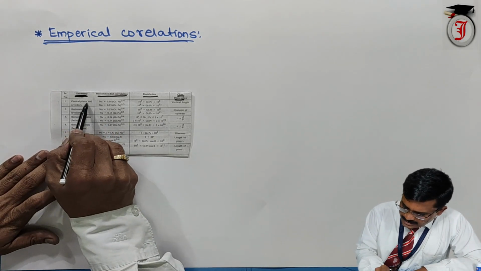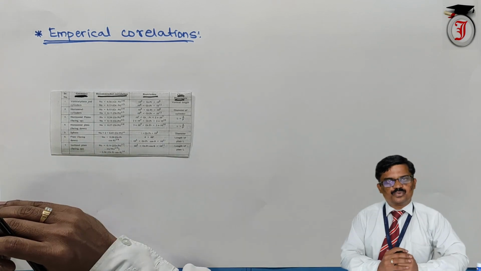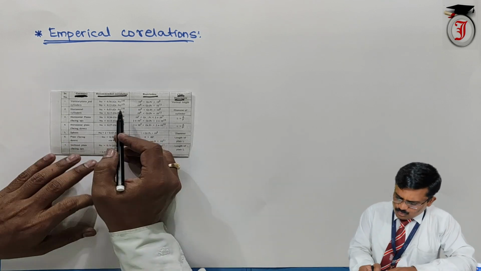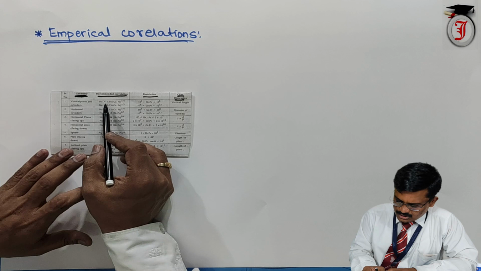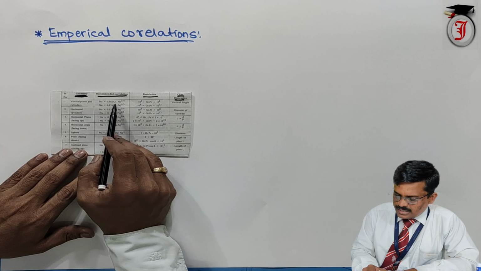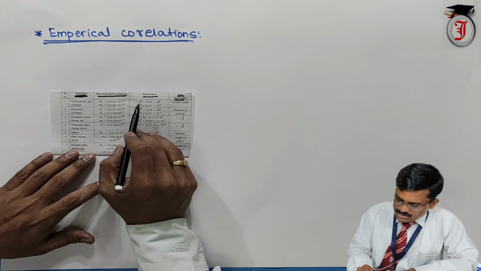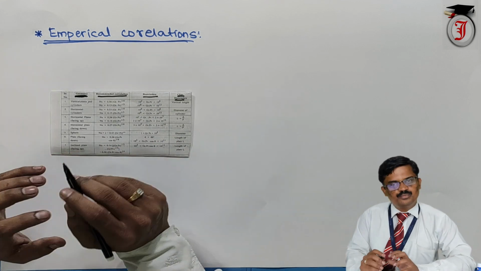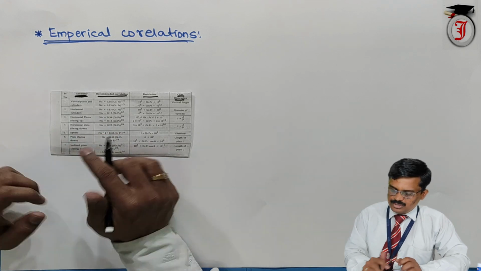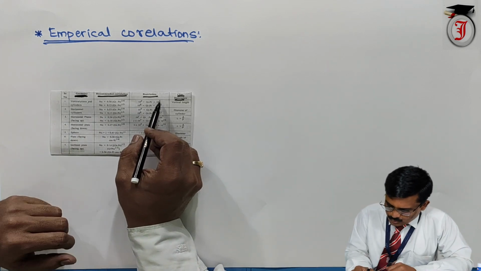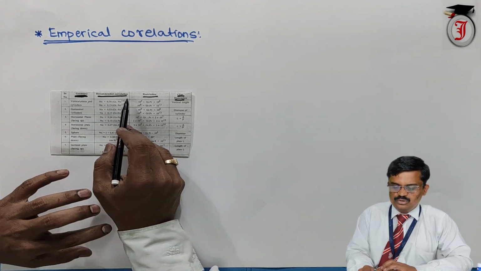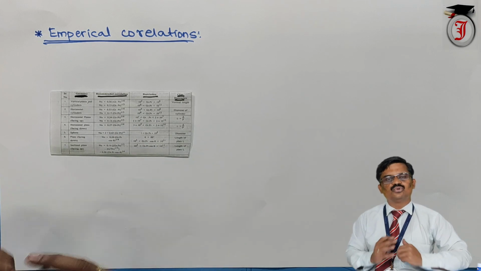The geometry is a vertical plate or vertical cylinder. When the plate or cylinder is vertical, we have to use this Nusselt number correlation: Nu is equal to 0.56 into (Gr Pr) raised to 1 by 4, and the range is given as 10 raised to 4 to 10 raised to 8. Gr Pr is nothing but the Rayleigh number. When the Rayleigh number is between 10 raised to 4 and 10 raised to 8, we have to use Nu equal to 0.56 (Gr Pr) raised to 1 by 4.